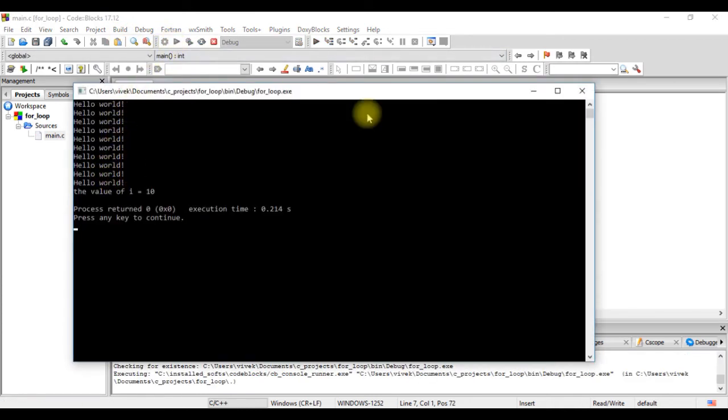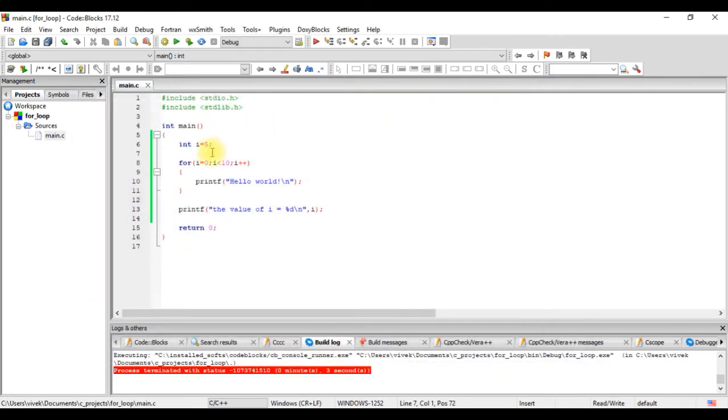We are still getting the same results. That's because even though we have made it to 5, in the initialization statement it's getting changed to 0. Let us now see the value of I at every iteration of the loop. So iteration is nothing but every execution of the loop.